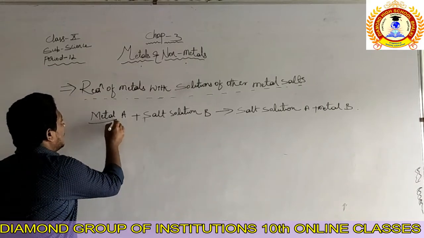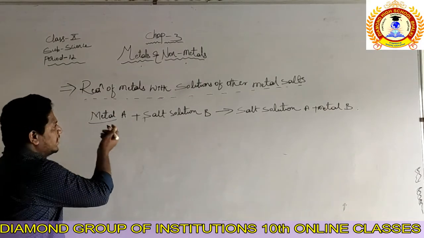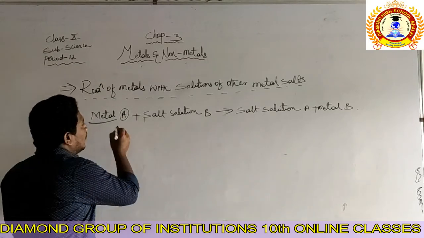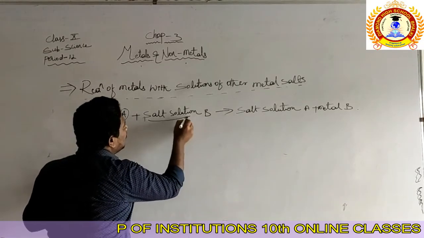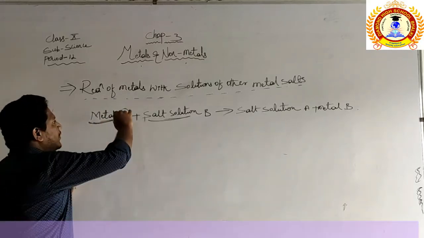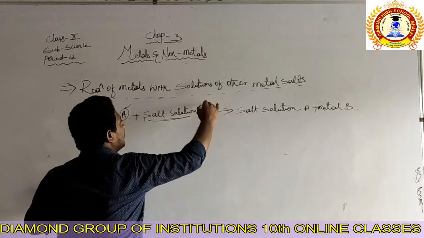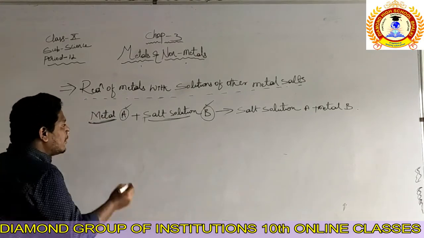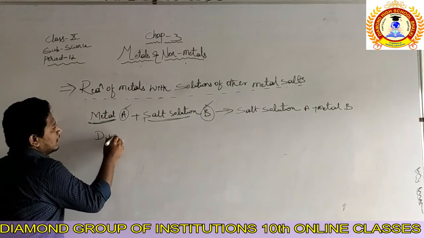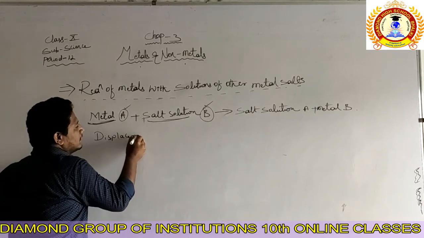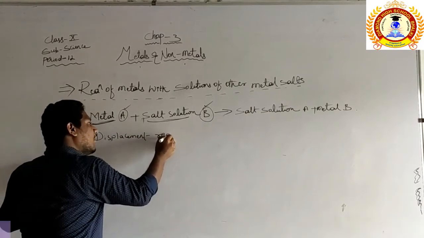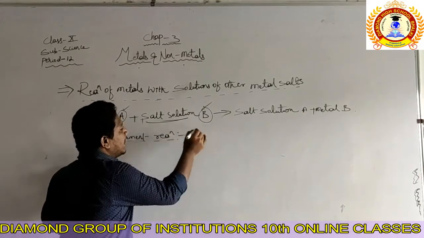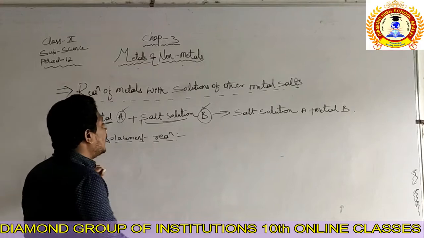Simple. Metal A. We just gave the names A and B to understand what type of reaction is happening here when the metal reacts with the salt solution. We already discussed the displacement reaction in the first chapter. So, to remind one more time, what do you mean by the displacement reaction? Simple. The more reactive element